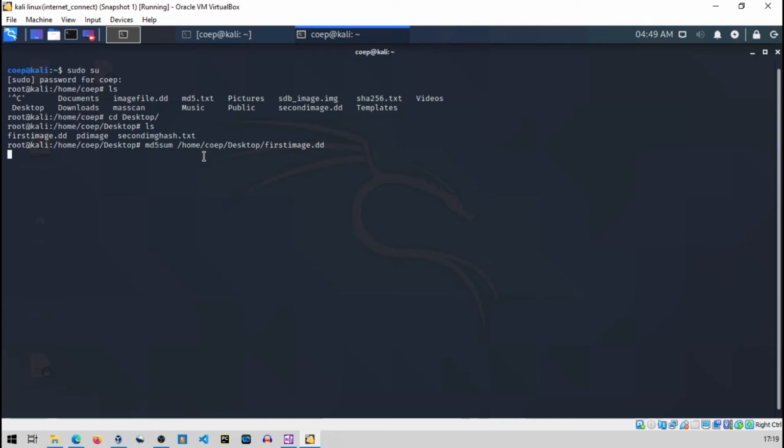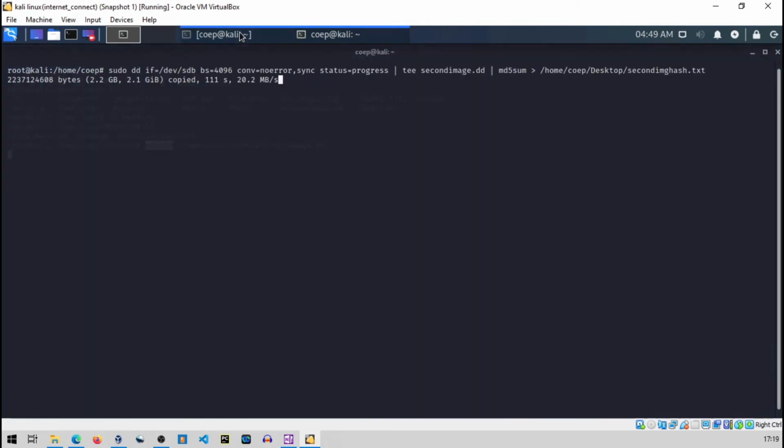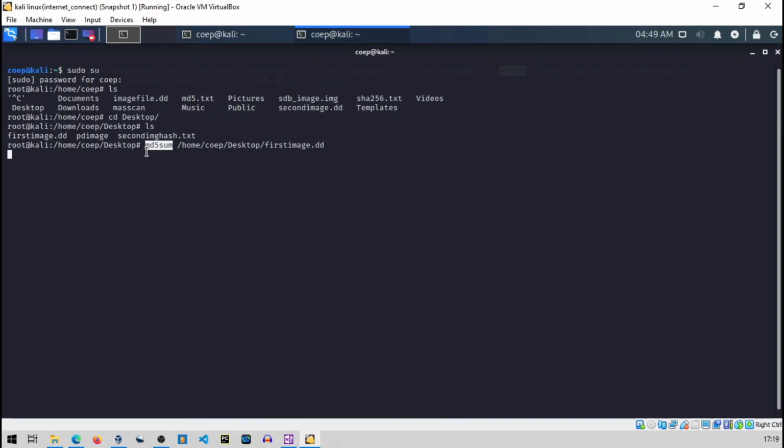It will calculate the MD5 sum. Obviously, keep one thing in mind: if you are using MD5 sum here, then you should use MD5 sum here. If you are using SHA-256, then here also you calculate SHA-256. I mean, the hashing algorithm should be the same. That's the basic thing.